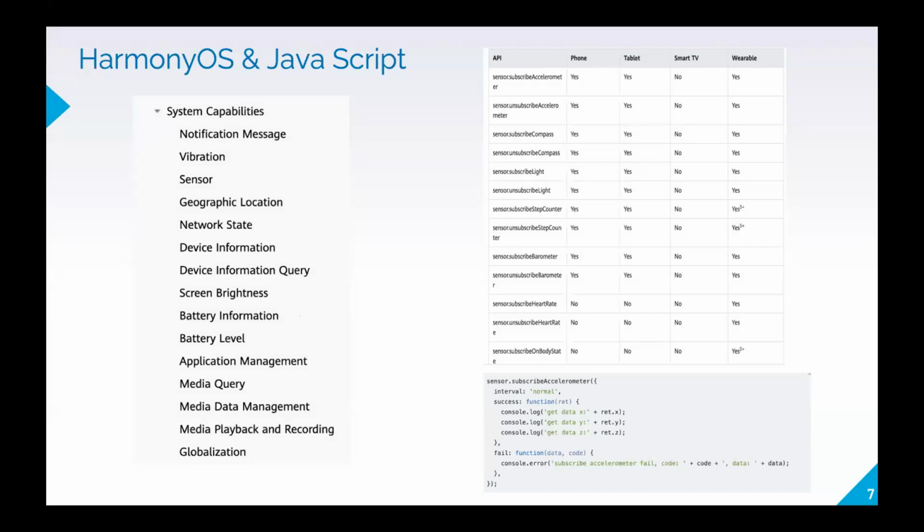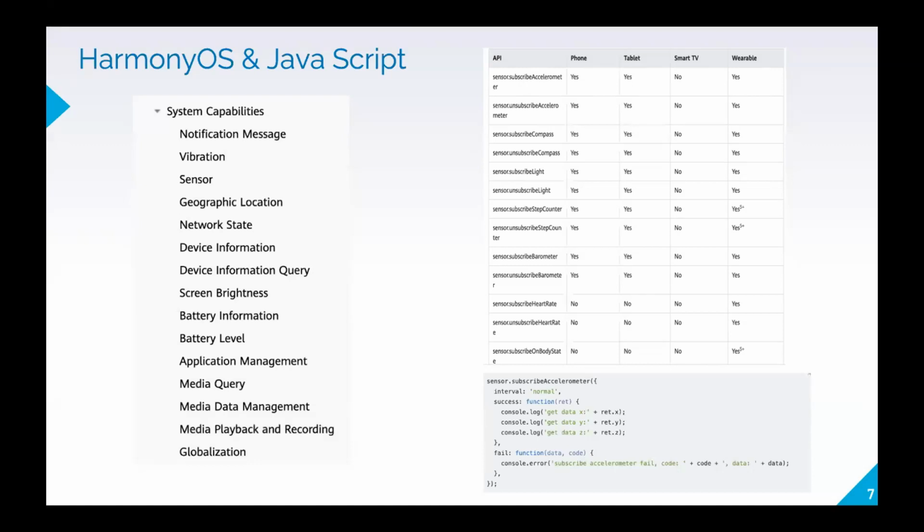Even the HarmonyOS JavaScript framework provides accessibility for system resources or system services, because when you are developing for mobile, you need access to notification, vibration, sensor data, all those details, and you should be able to get that in your JavaScript itself.